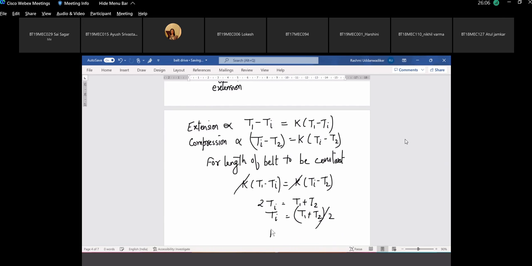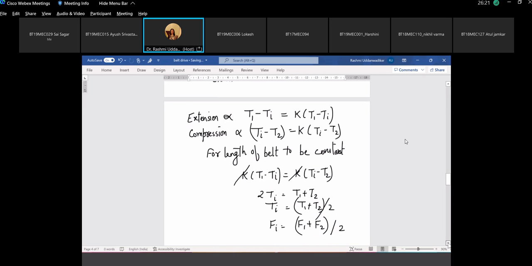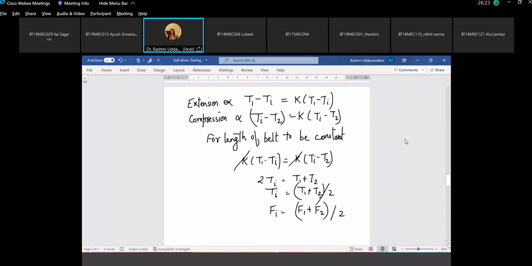Or if I take the initial tension as Fi, the tight side tension as F1, and the slack side tension as F2, this is (F1 plus F2) by 2. This is more for understanding how initial tension depends upon the average of the tight side tension and the slack side tension, and this initial tension is less than the tight side tension and more than the slack side tension. So in a few books you would get this relationship of initial tension as (F1 plus F2) by 2,